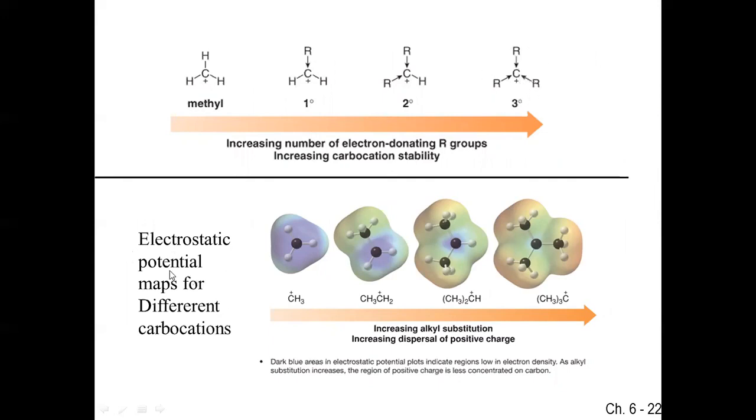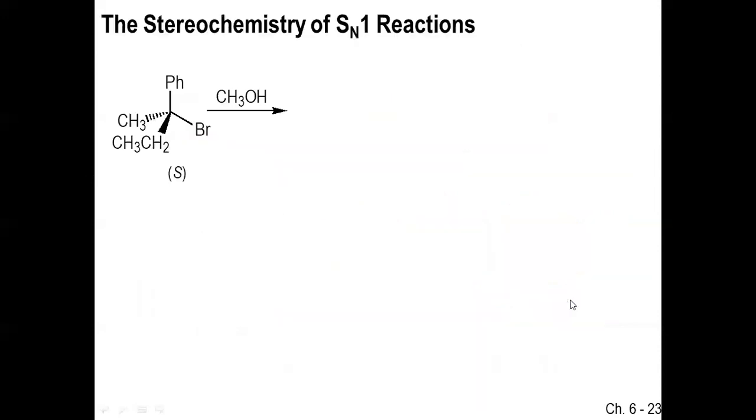When we look at the electrostatic potential map of these carbocations, the blue portion shows the electrostatic potential is very much higher, or concentrated, at the central carbon atom. But when we talk about the 3-methyl substituted carbocation, that is the tertiary carbocation, the blue portion is very much less. So the positive charge is being stabilized by these 3 electron donating methyl groups.